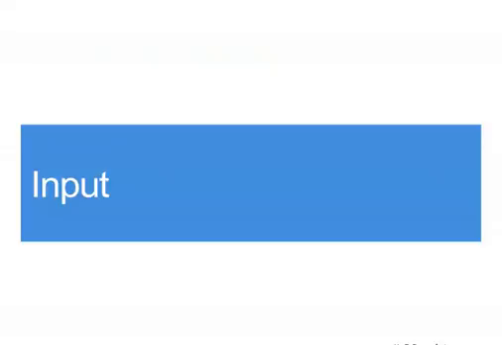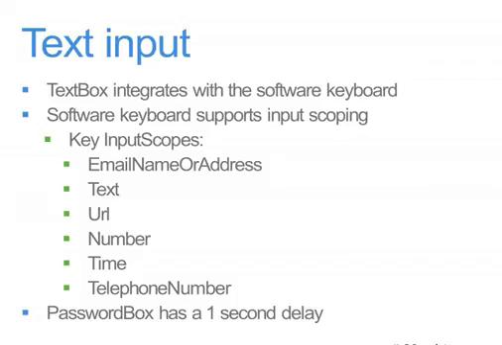The input itself, having a phone is nice. But you don't need a lot of input if you can get the number, or even do voicemail, voice dialing. But if you're having your applications, you kind of want input coming in from the user and working with that. The text box integrates with the software keyboard. Some of the phones have a hardware keyboard. Some of the phones only have the software keyboard. You don't have to worry about either one. You set it up and you say, this is the text box, and I can let them use input. The OS will figure